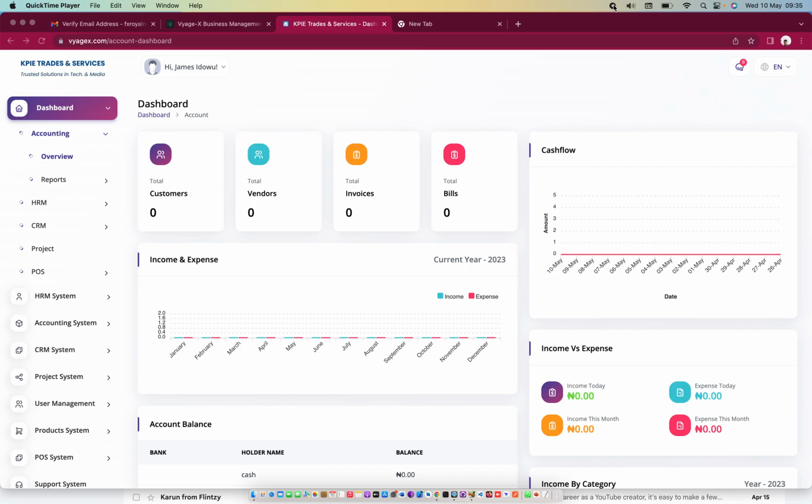You must set up the roles and departments in your company and subsequently assign staff to each of those roles. Every company has departments. Every company has a division of labor. Every company has a hierarchy and organogram. And every company is expected to have different staff working in different capacities. Now, Vyage-X user management section is also tailored in this direction, and this is what I want to show us